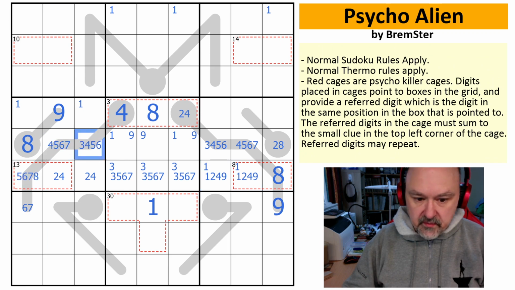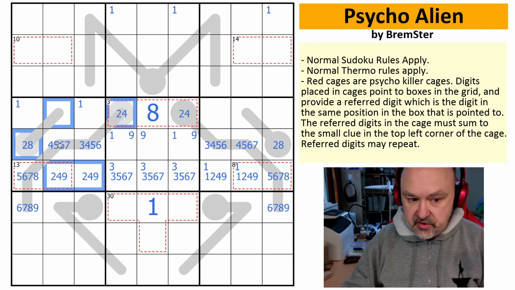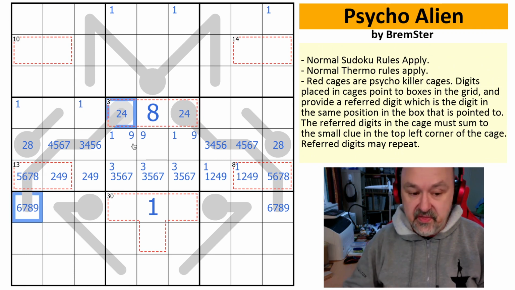So if I roll it back, it means that if you put an 8 here, you put a 9 here, making a 2-4 pair, meaning this must be a 4 because you can no longer put a 4 in here. That 8 means that that's an 8, means that that's a 9. There is an 8-9 looking here, and you've got a 4 and a 6-7 at the end, and this thermo